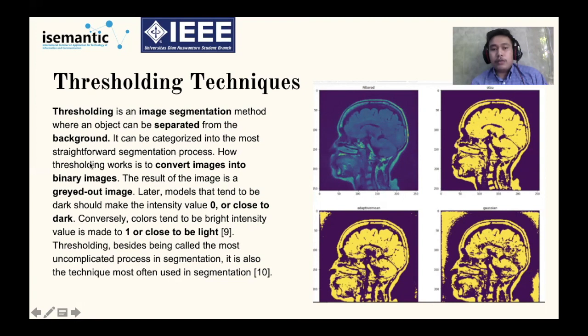Thresholding works by converting an image into a binary image from a grayscale image, where 0 is closest to dark and 1 is closest to light. There are types of threshold: Otsu thresholding, adaptive mean, and Gaussian.